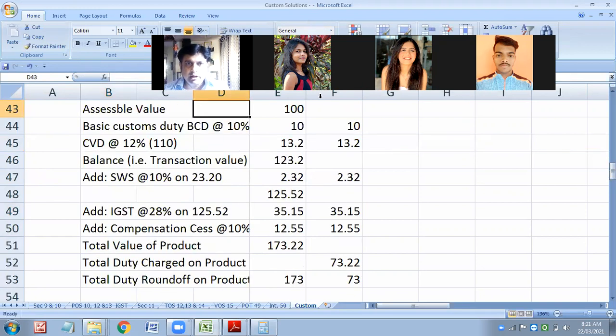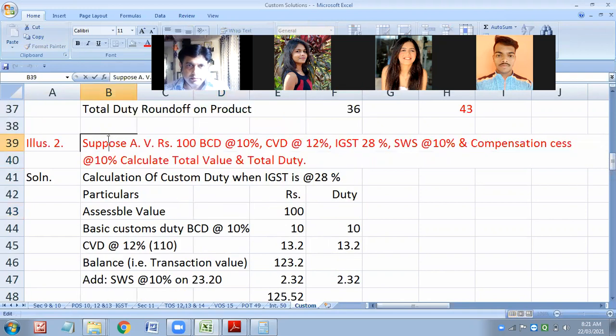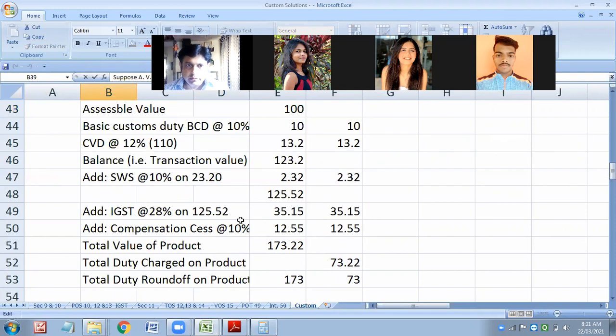So IGST is 28%, as very clearly mentioned in the question. So 28% on this value, compute karo, will get 35 rupees 15 paise. Compensation cess, again 10% of